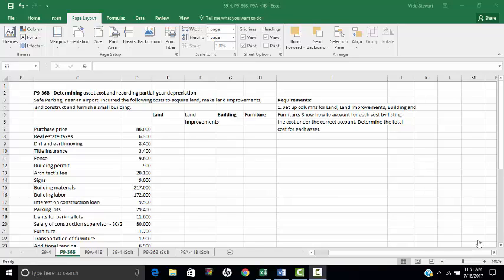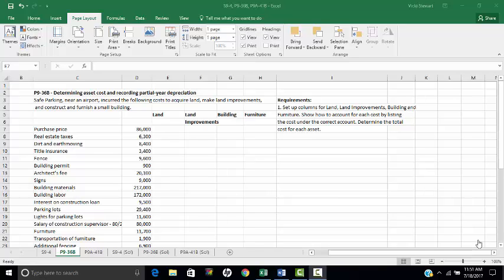This is a demonstration of problem 936B, determining asset cost and recording partial year depreciation. Safe Parking near an airport incurred the following costs: to acquire land, make land improvements, and construct and furnish a small building. Requirement 1 says to set up columns for land, land improvements, building, and furniture, and show how to